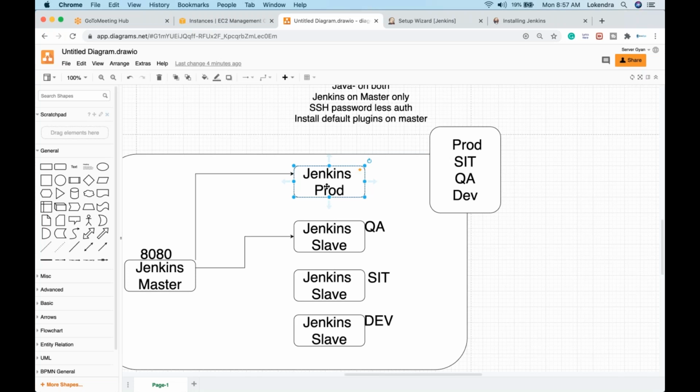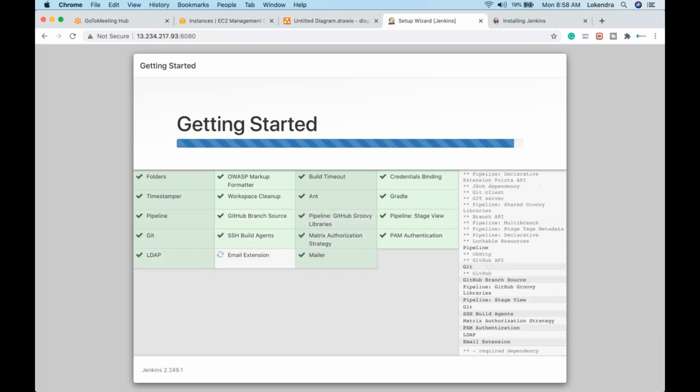Whenever you are going to configure this system and you want this to work, all the tools need to be there. Let us say you are going to create a Java project, so Maven and Java should be installed here. If you are going to run a Golang project, which you configure on the Jenkins master and want to run on the QA server, obviously the Golang version should be available here, maybe Node, React, or any other language or mode of development you have used. So all the compilation tools have to be available not only on the master but on all these particular servers as well. It means the service binary has to be there.